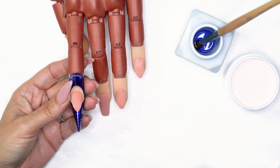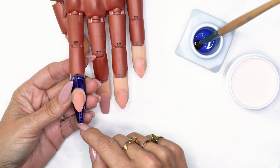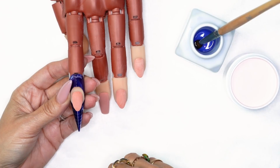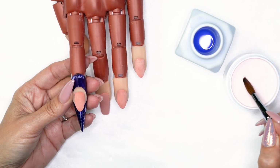Usually when I build a nail, I start on my free edge. You can build it from cuticle to free edge and still get the same structure. I feel it's easier to break it down in steps to show you where your thinnest parts are and where your thicker parts are. So first I'm going to do my extension. So I'm going to pick up my first pearl,